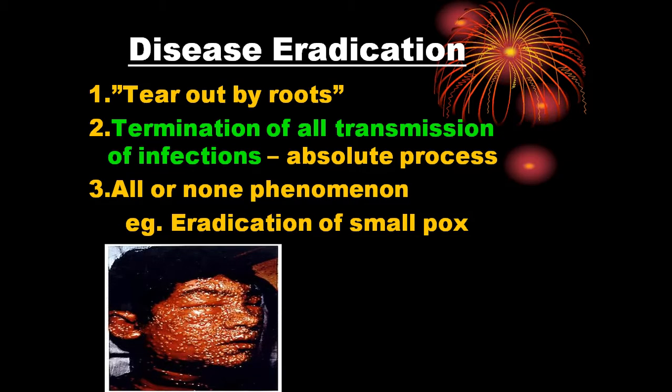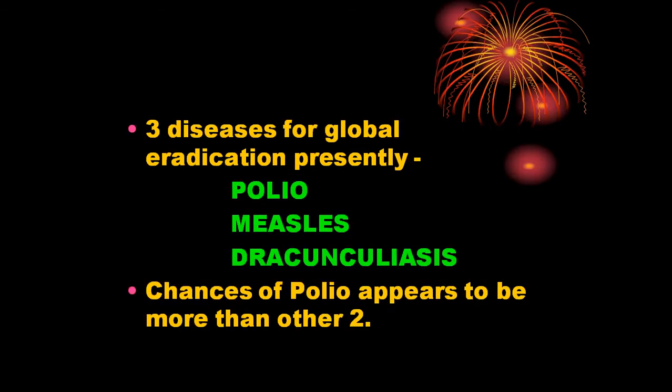Termination of all transmission of infections from the globe, from the planet. It's an absolute process. Please appreciate this. This is a very, very small thing, but it is often asked. And the biggest and the only example is eradication of smallpox. So therefore, we have 3 diseases presently which can be eliminated. One is polio, which has gone from many countries, but not from all countries, like Afghanistan, Pakistan, and perhaps one African country, Nigeria. Polio, measles, and